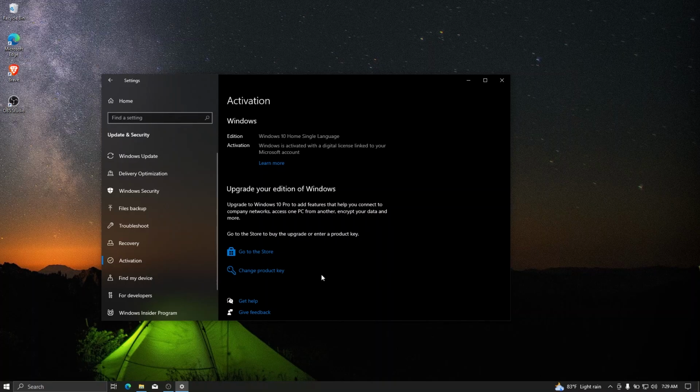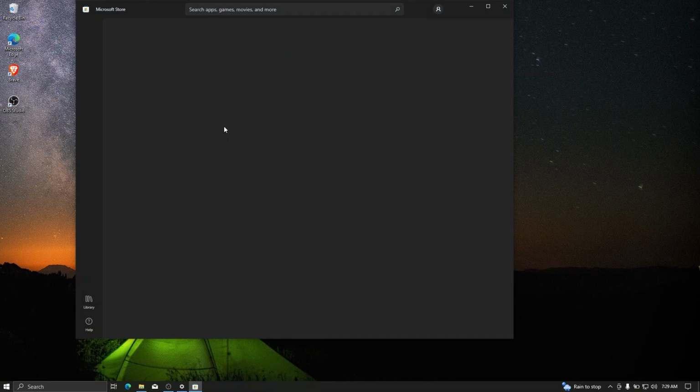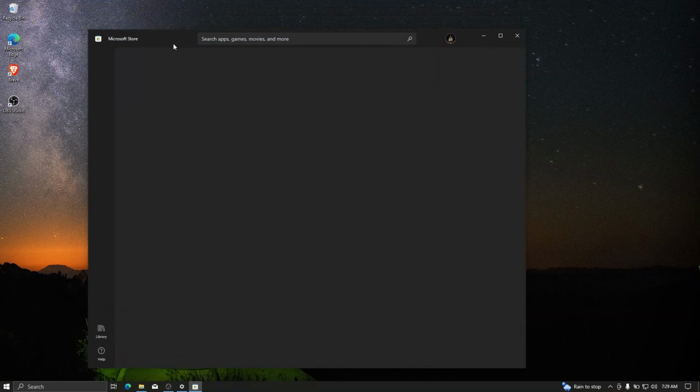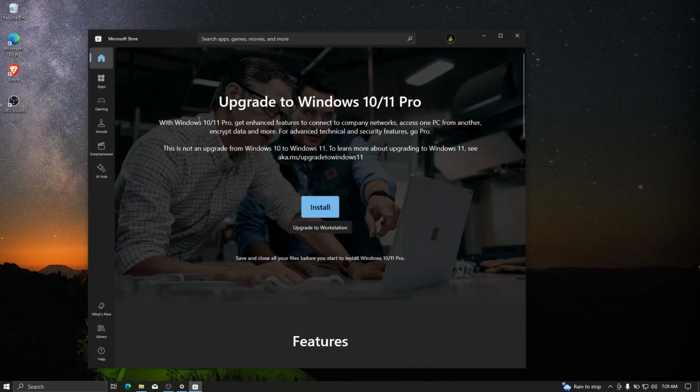The second method is, let's say you have a Microsoft account that has a Windows 10 Pro key bound to it, you can click this go to store button, and if your Microsoft account is bound to a Windows 10 product key, it will show an option like this. So all you have to do is click this install button, and